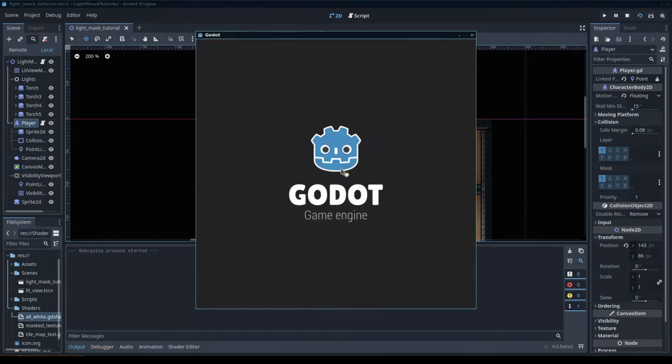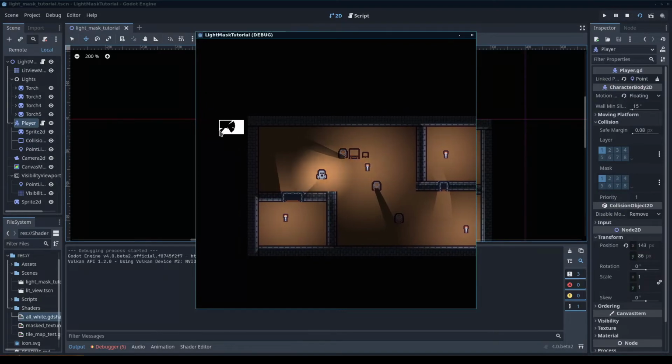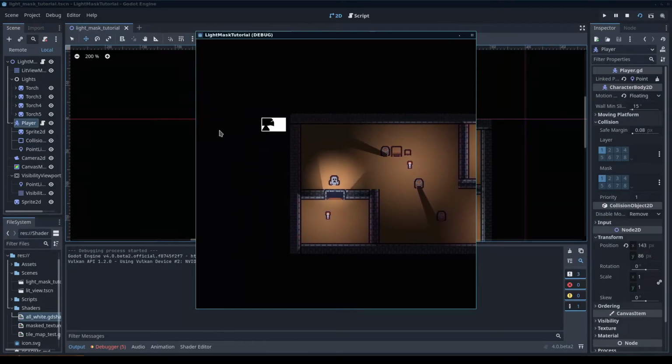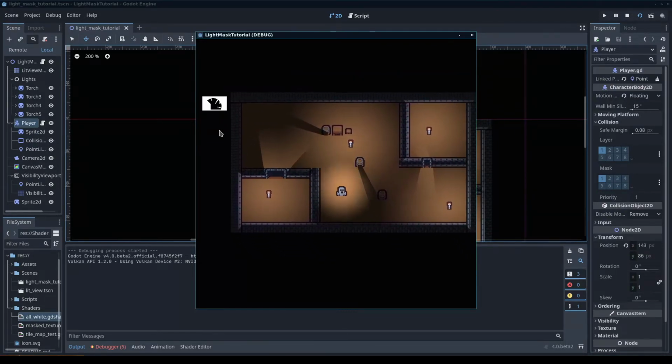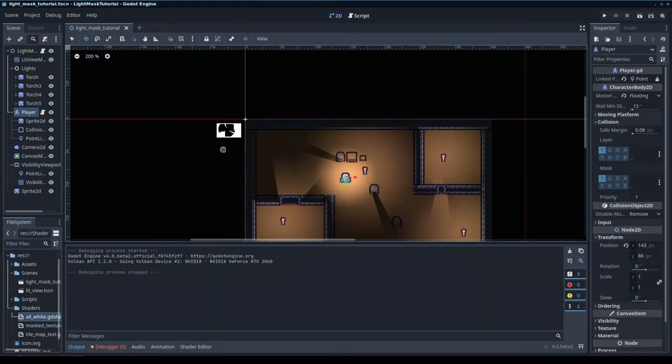So if I play the game again, you'll notice the viewport up here changes as the player moves around, and this is essentially just linking the player to the visibility. That's done there. So the next step is we're actually going to move this entire viewport into another,